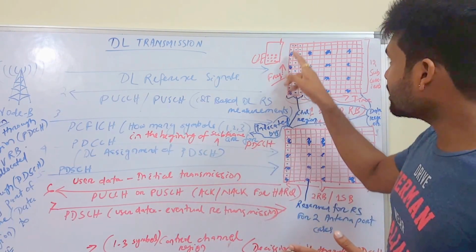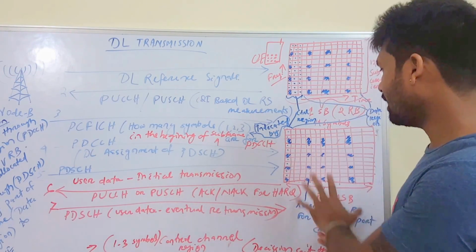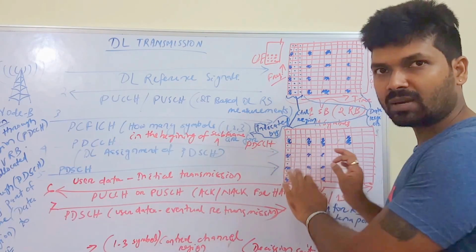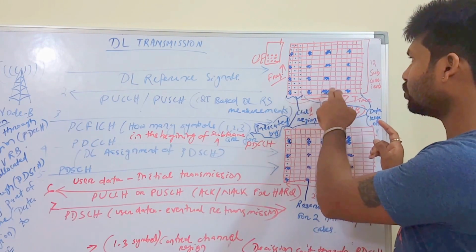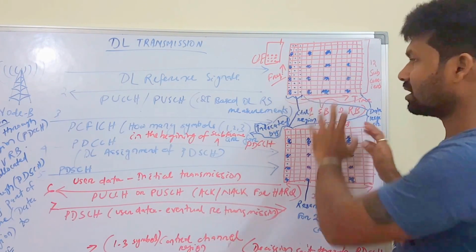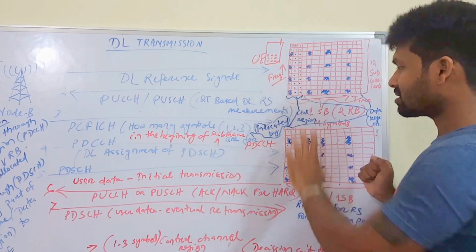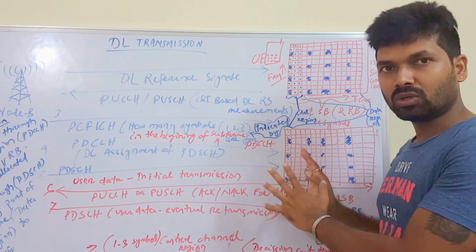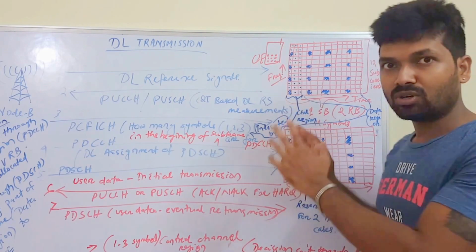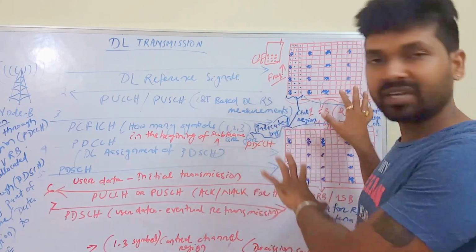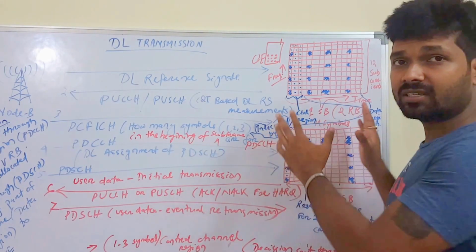These blue dotted lines are the reference signal. These are reserved for reference signal transmission. I have taken a 2x2 MIMO example, or the 2 antenna MIMO example. So these blue box areas are reserved for reference signal transmission. And the dotted lines are the control region, or the reserved symbol lines for the PDCCH transmission. Please pay attention, this is very important. So what I call a control region, what I call a data region.